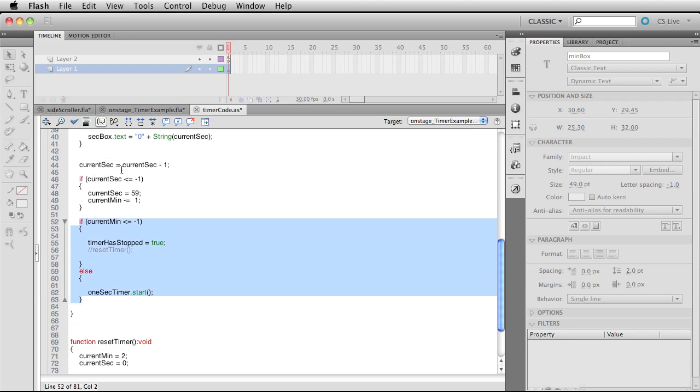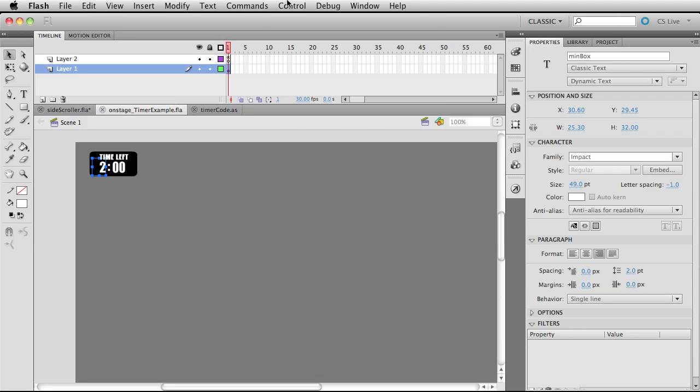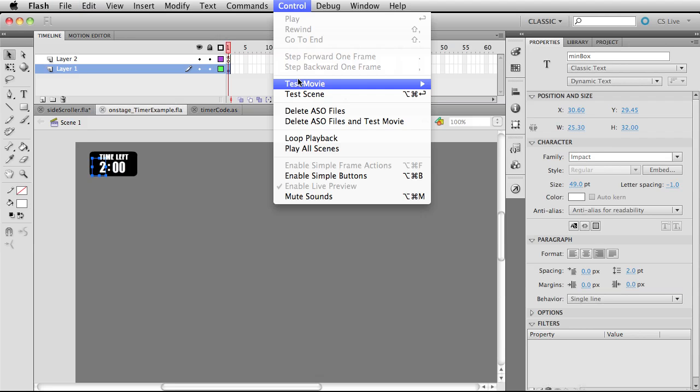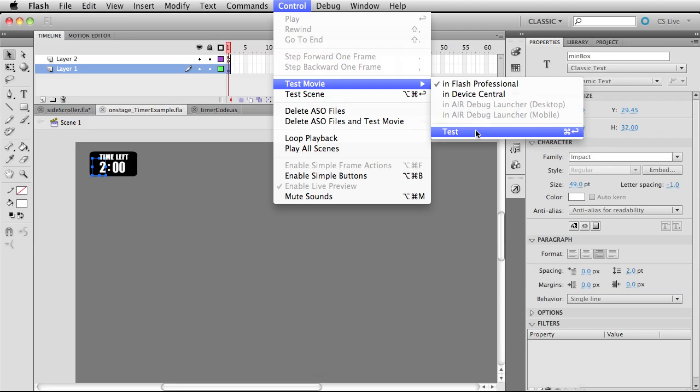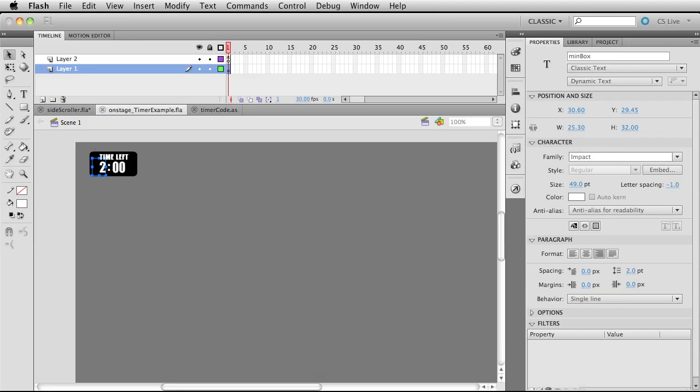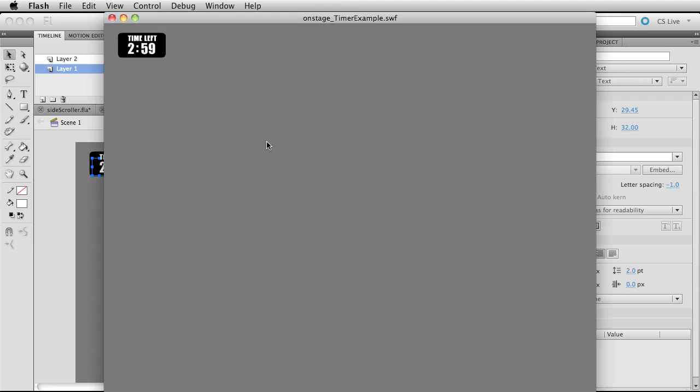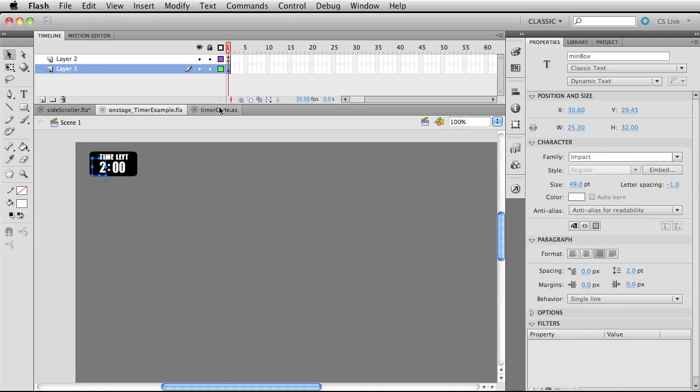And that will, if we were to publish this file, and go over here to control, test movie, test, there's a hotkey for that, so if you ever see me just immediately pop up a Swift like that, it means I published it. So there we go. It's going to go through into its time. In fact, if we want to